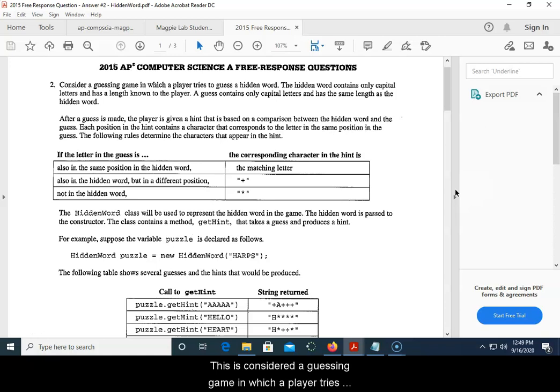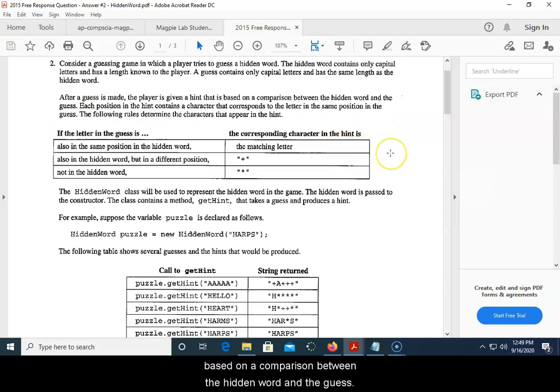So it says, consider a guessing game in which a player tries to guess a hidden word. The hidden word contains only capital letters and has a length known to the player. A guess contains only capital letters and has the same length as the hidden word. After a guess is made, the player is given a hint that is based on a comparison between the hidden word and the guess. Each